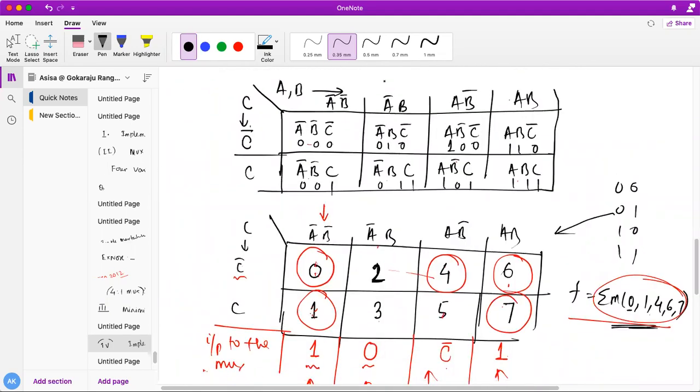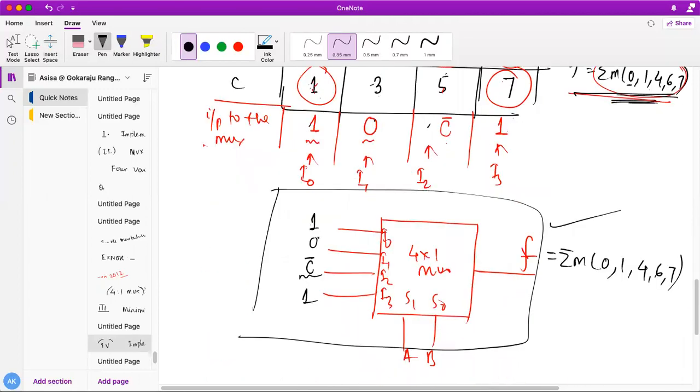This is the way. Then what I did, I have checked actually that particular min term positions, values are what? 0, 1, 2, 3, 4, 5, 6, 7, and whichever present in the function, I have just rounded that. And if both are rounded, if all the columns are rounded, then it is 1. If nothing is rounded, column is 0. If one is rounded, what is the corresponding C value? That one. If both are rounded, again 1. Then I have just connected those things at my output, nothing else. Sorry, at the input to the MUX. Any doubt? If there is no doubt, we'll just stop.